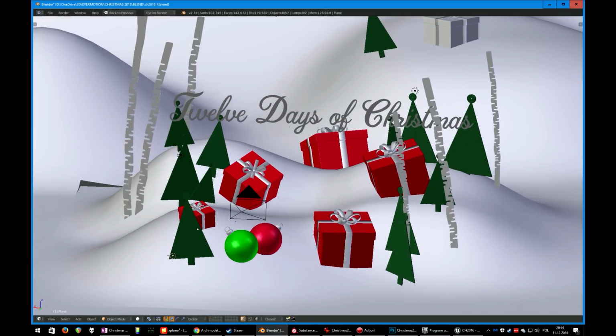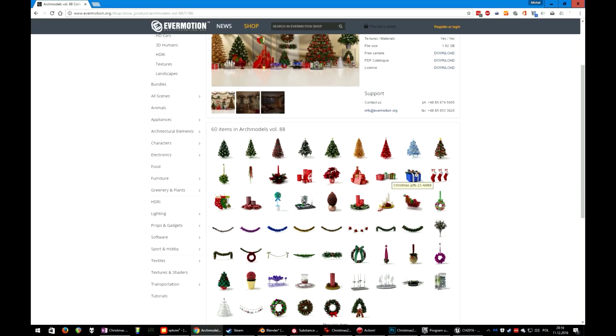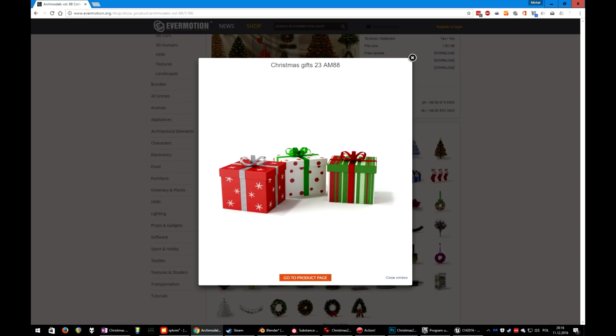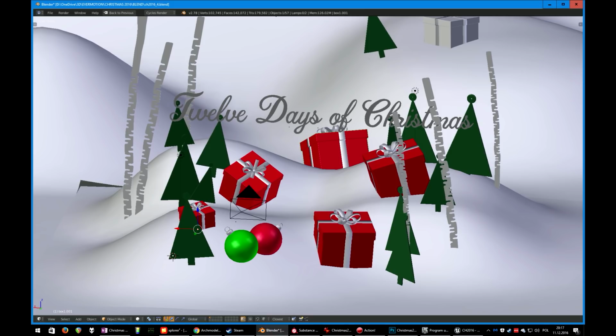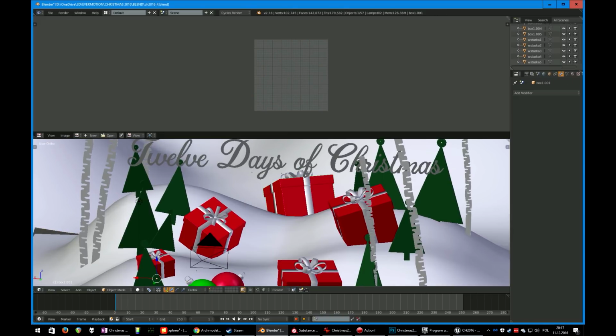So, we've got our trees, we've got our Christmas trees, we've got our back plane, and the gifts. And the gifts come from the Archmodels Vol. 88 collection. Those are those gifts, and to be honest, it's just this one gift on the left. I imported it as FBX to Blender, deleted the two other gifts, and just scaled it and rotated it in the scene, so it looks like this. Didn't change anything because those gifts are cool enough. I only grouped them together